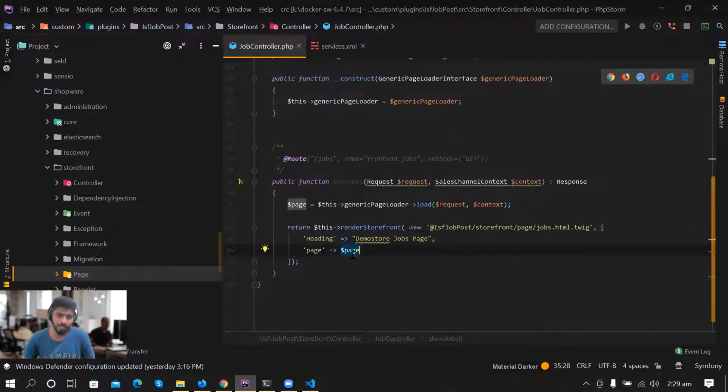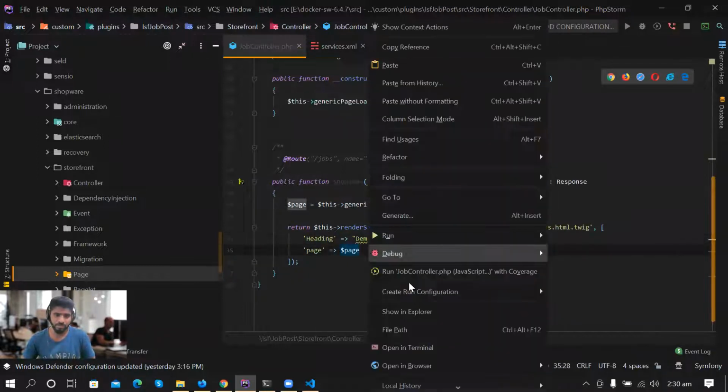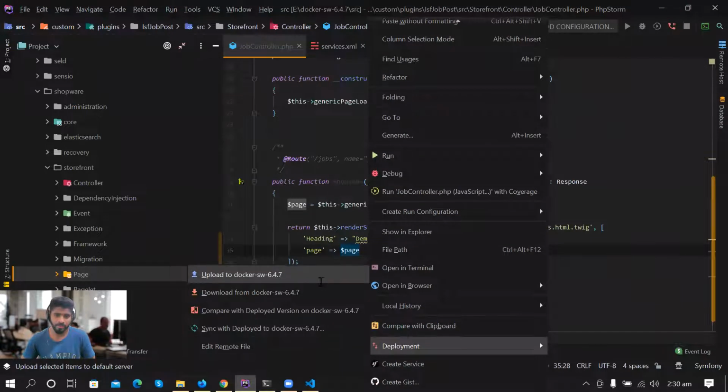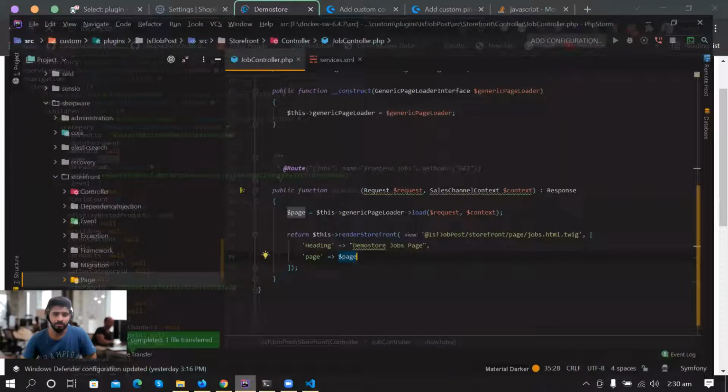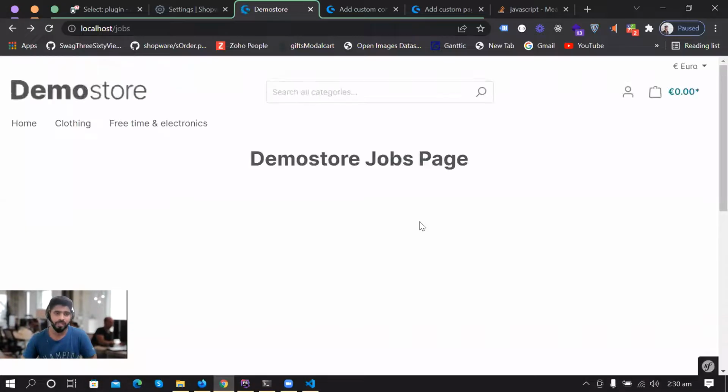So if you have any question whether it is compulsory to use this variable name or this key name, yes, it is compulsory. You can change this variable, like dollar page, you can change it to dollar p, it doesn't matter, but this page key matters. So let me upload this and refresh this. All right, so this is what I want to show you,